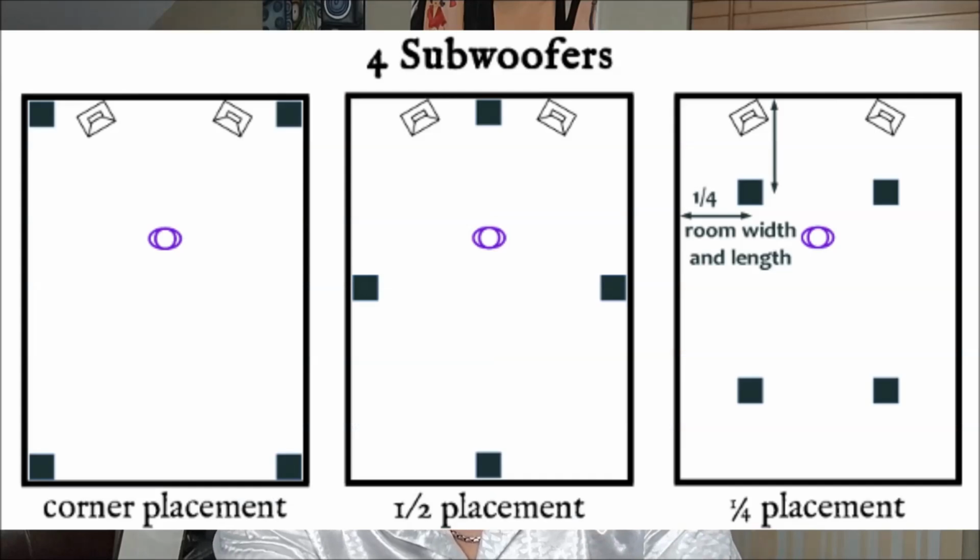If you just have floor standing full range towers. If you have subwoofers, that's when you can do a lot of other little techniques. You can set your listening position, move the actual subwoofer around. To corners usually you would start at, but even then sometimes it's too boomy. You may want to pull them out, or to the center of the wall. And then again, I mentioned in a previous one, alignment with your other speakers gets that timing right. If you're not going to have DSP be able to fix it, you got to pretty much get that fairly close to your front speakers to not have that